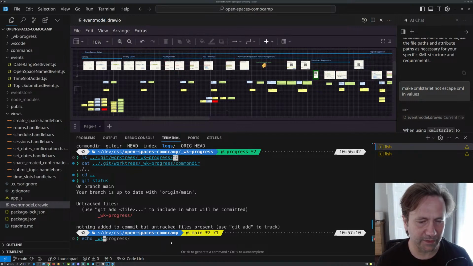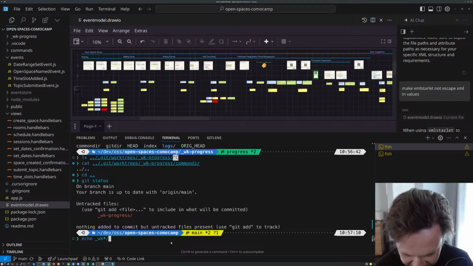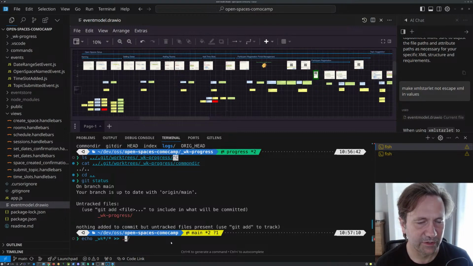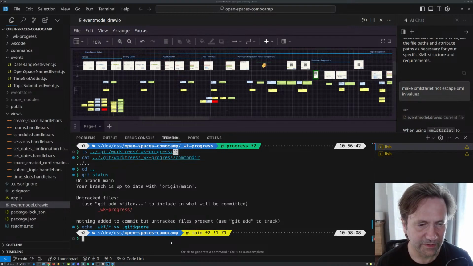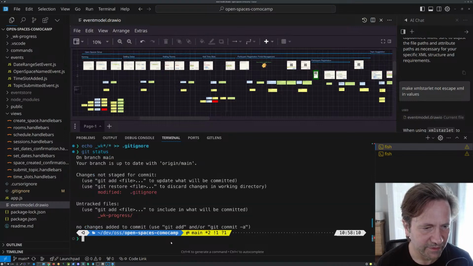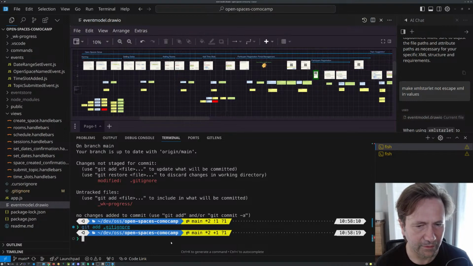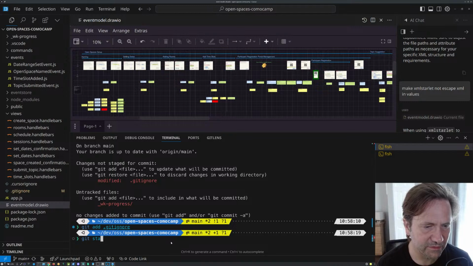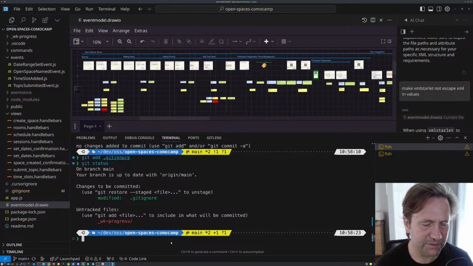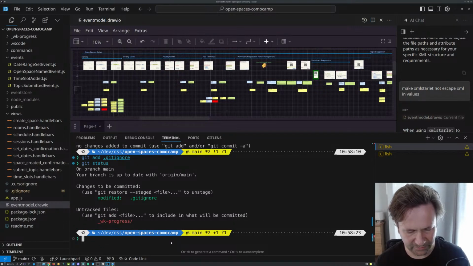I'm gonna try this like that, just to see if this ignore works. No, it didn't do that. Oh, I actually have to add it first, I think. Git add git ignore. Git status. No, it's still there. So let's go back to